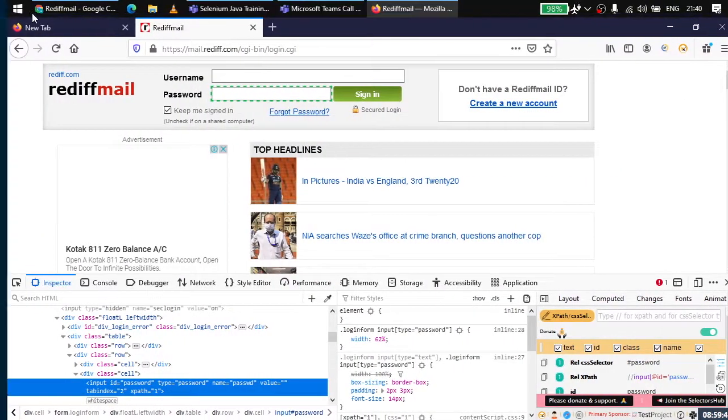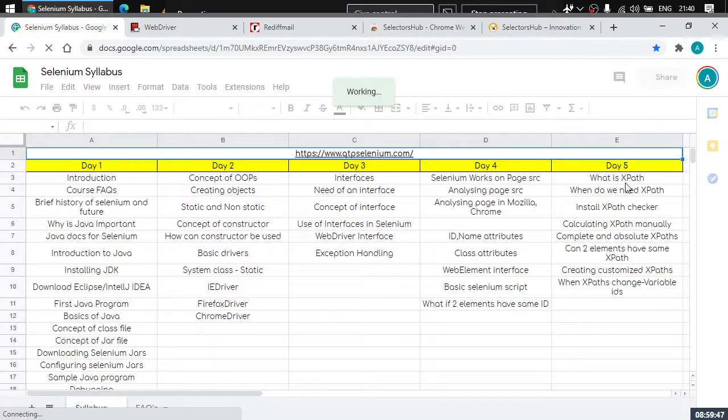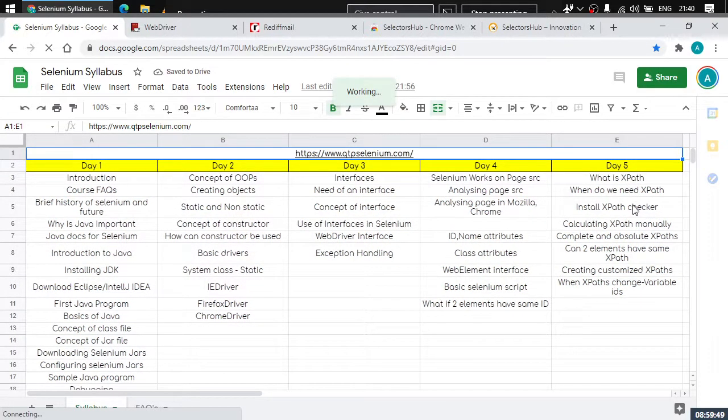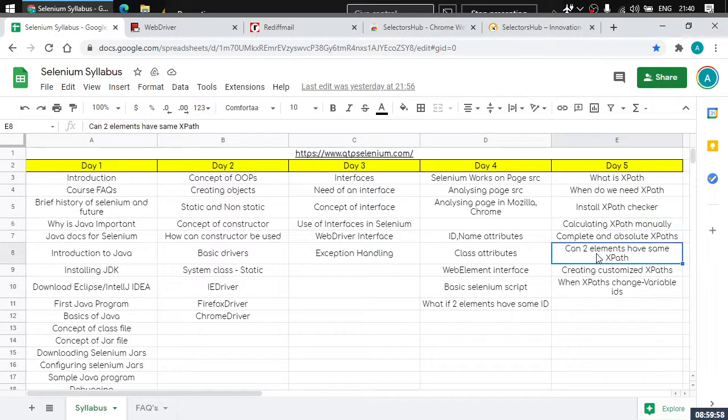Now let's go back to the syllabus. So here what all things are covered now? What is XPath? Why do we need XPath? We have installed the XPath checker, right? We have calculated the XPath manually. We have discussed the complete and absolute XPath. We have already discussed can two elements have the same XPath, right? We'll discuss it more